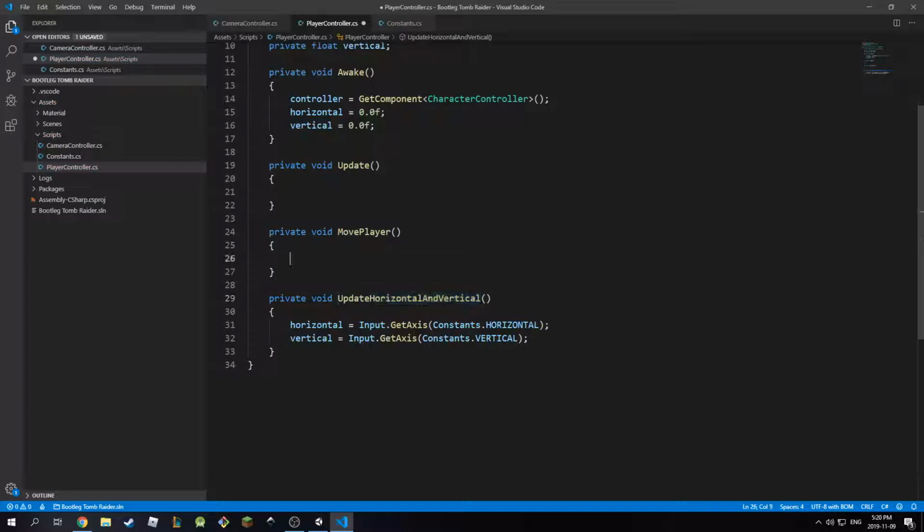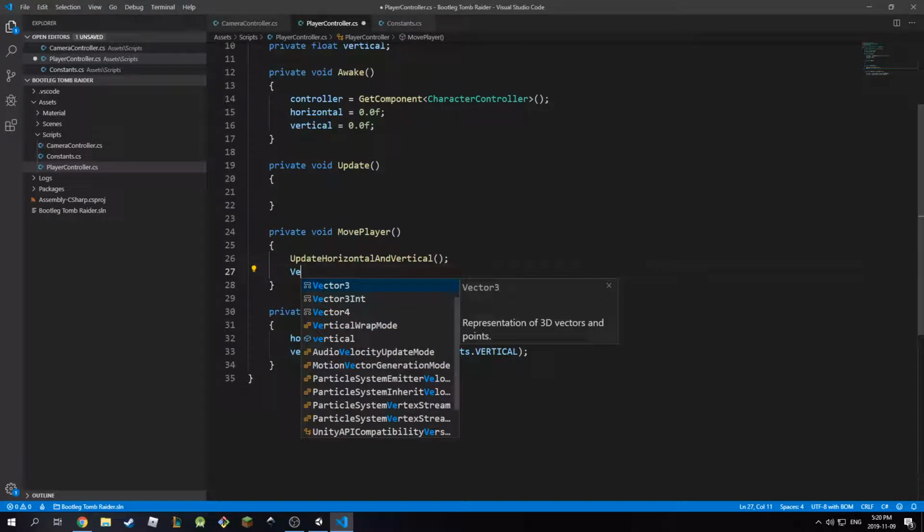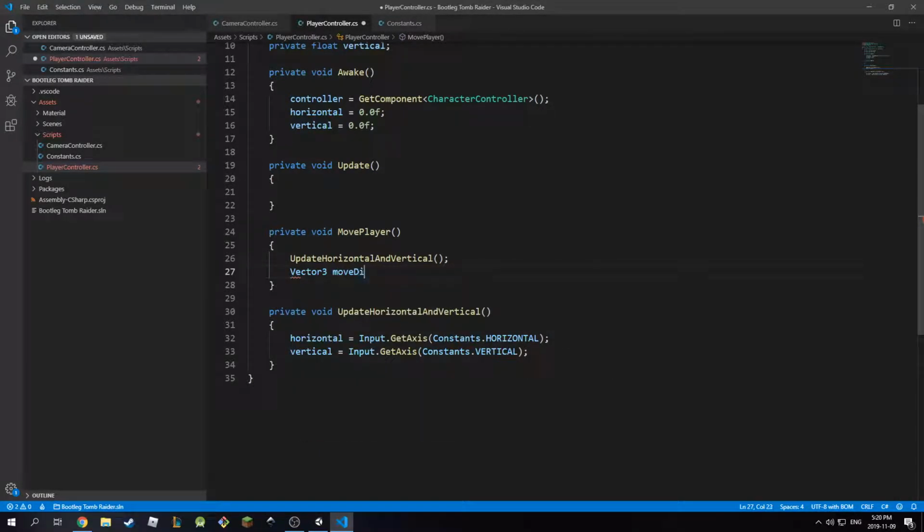So I'm gonna call this here, like so. And then I'm gonna give a move direction. So I'm gonna say Vector3 moveDirection is equal to, and the move direction is going to be just a vector that can take this horizontal and this vertical. So I'm going to say transform.forward